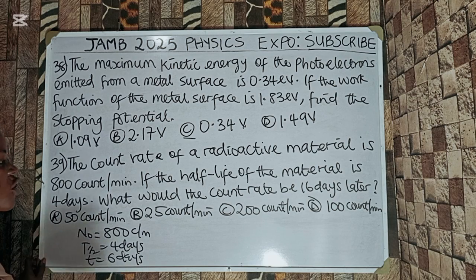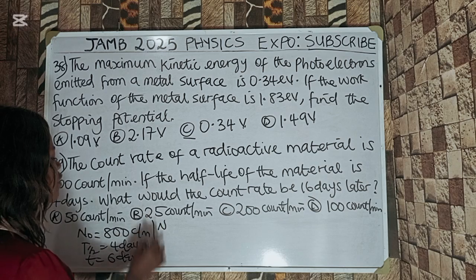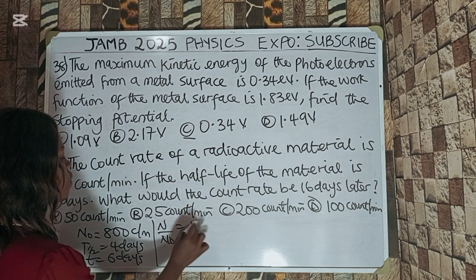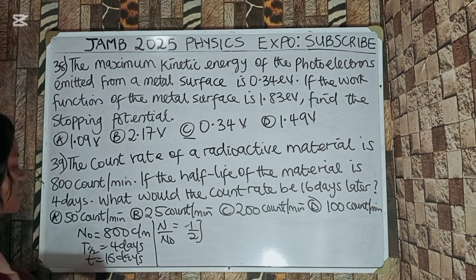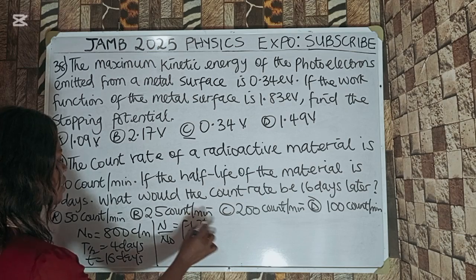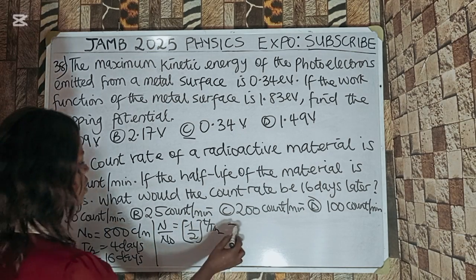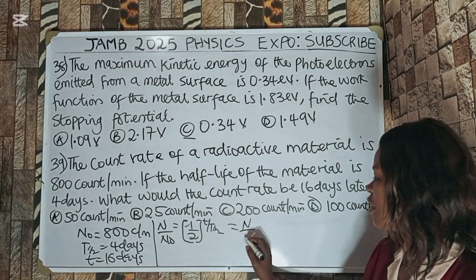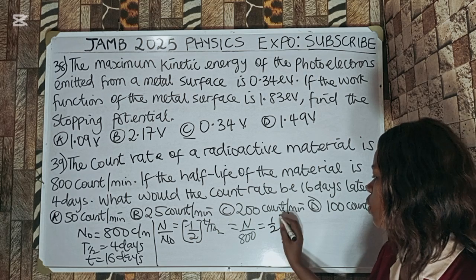We are asked to find the new count rate, that is, we are looking for N. So the formula we are going to use is N over N naught equals 1 over 2 bracket T over half-life. Putting in what I have, N, which I'm looking for, divided by N naught, which is 800, equals 1 over 2